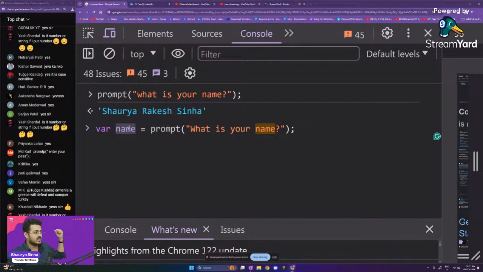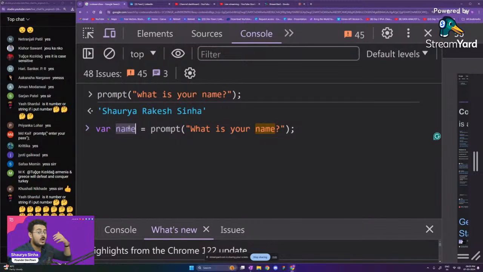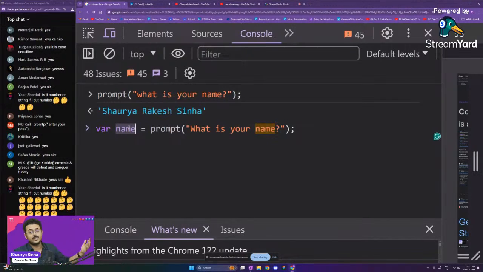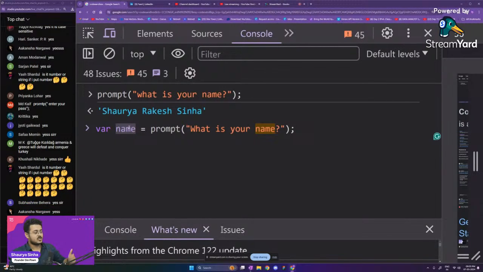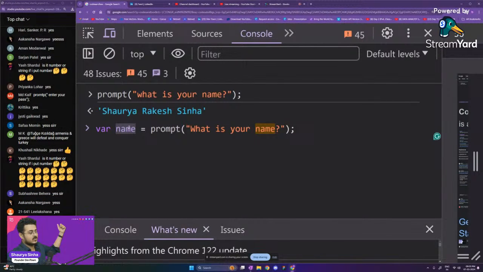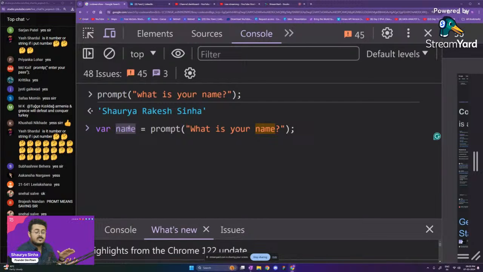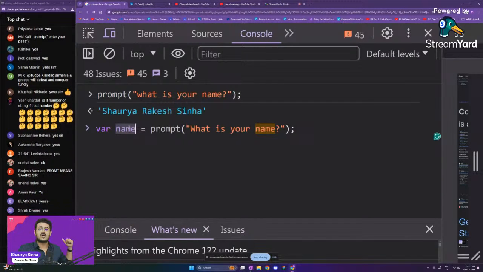Are you able to understand this? Yes, it will be a string. No matter what input you are giving, it is always going to be a string. It was going to get thrown towards the wall, but now I have saved it, so there's nothing that is going to come to our console.